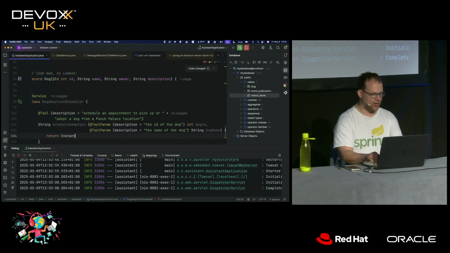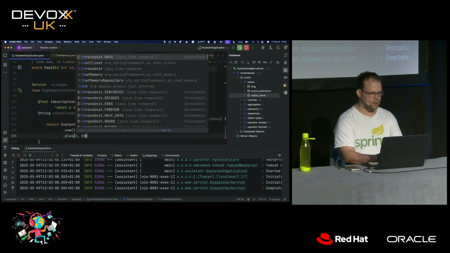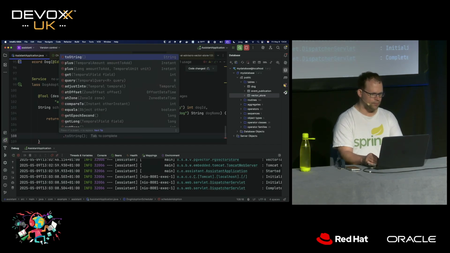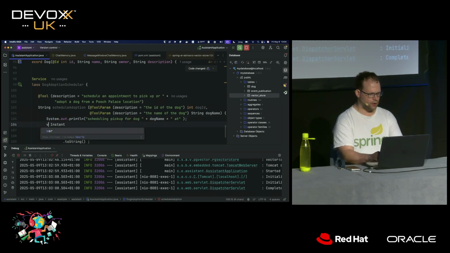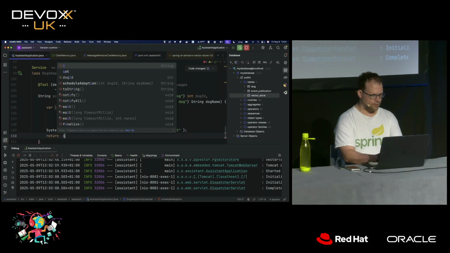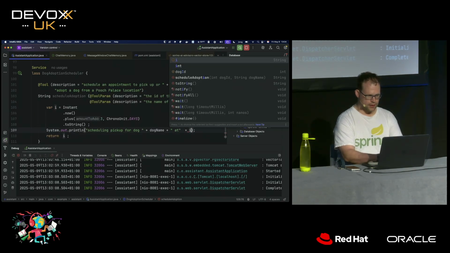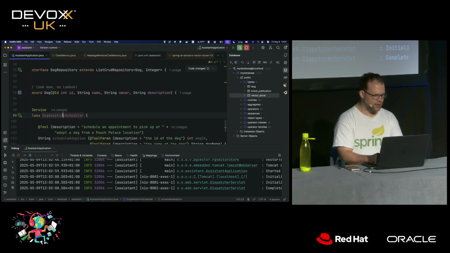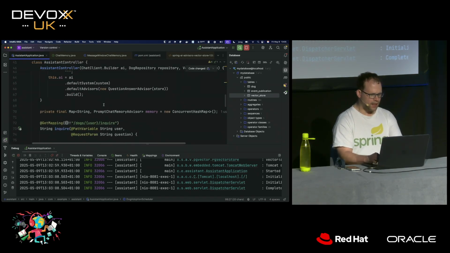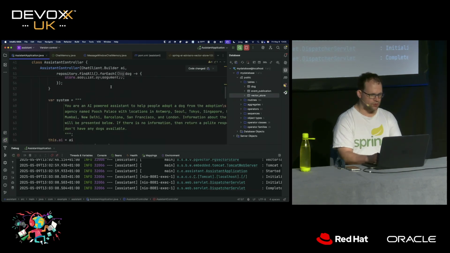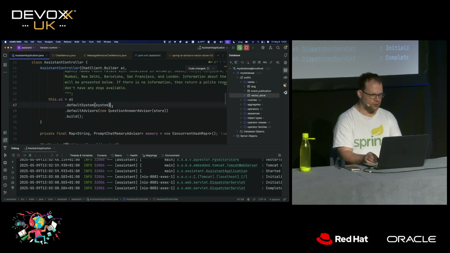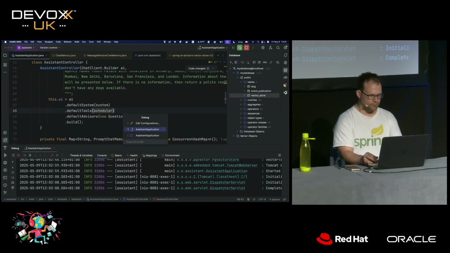And I'm going to just return a time in the future that is three days later so that we can be assured that it's not just plucking a random value out of its AI. Okay, System.out, scheduling pickup for dog, at, and then here, var i, and then return i, and then here, at i, okay? So we'll see if it invokes that. And we need to give it this tool, this arrow in its quiver, by injecting it as a tool when we make that call. We're just going to specify it as a default tool, like that. So I'll say default scheduler, and then down here, when I make the request, I'll say default tools, scheduler, okay? Let's go ahead and restart this.